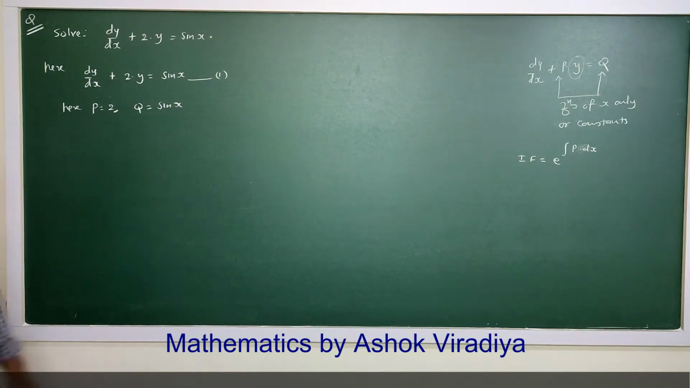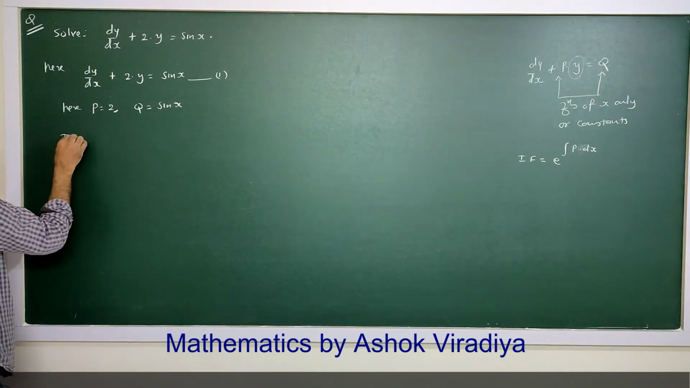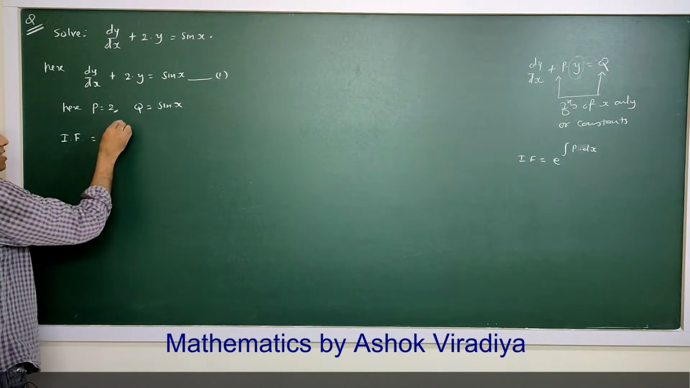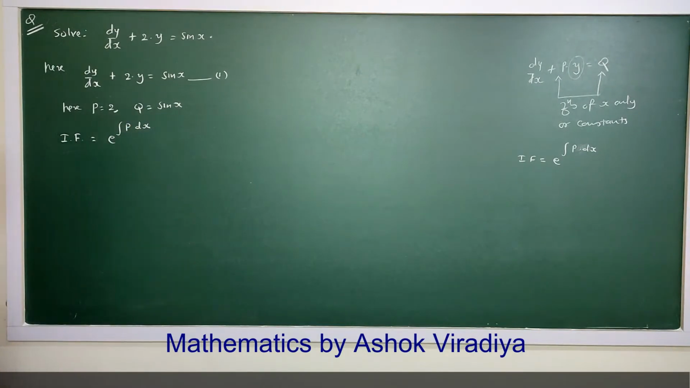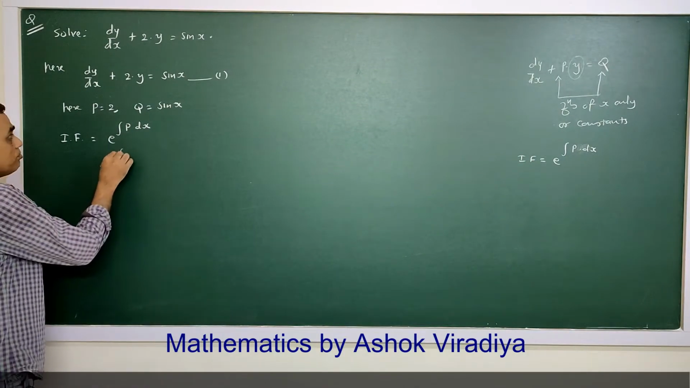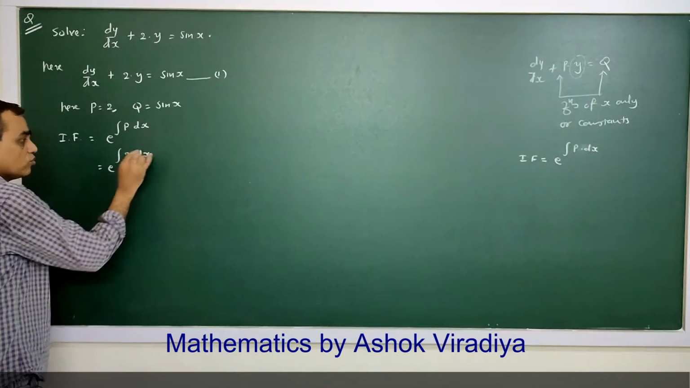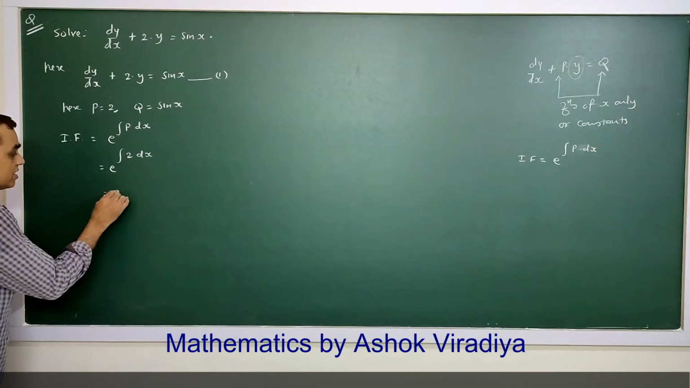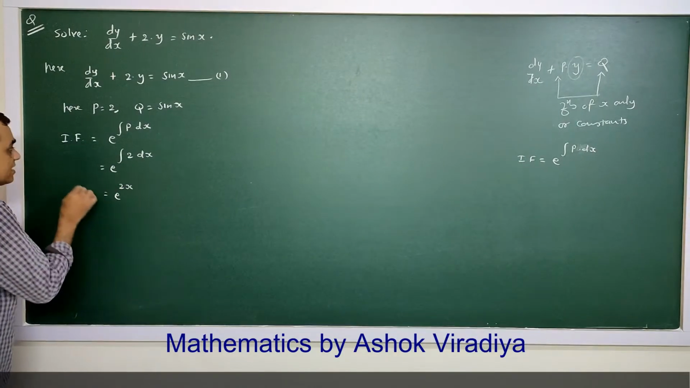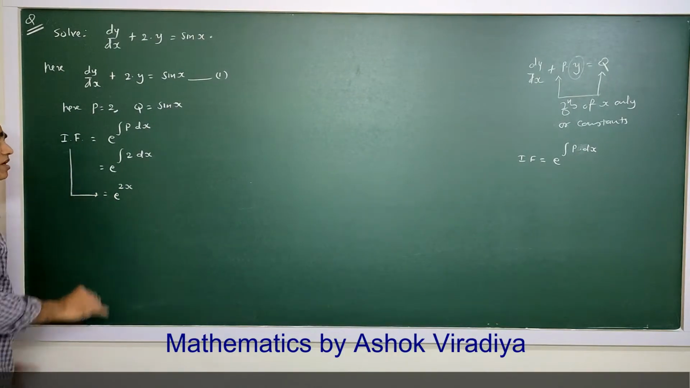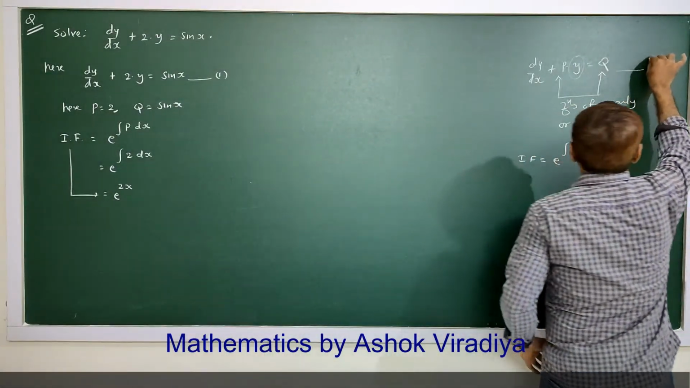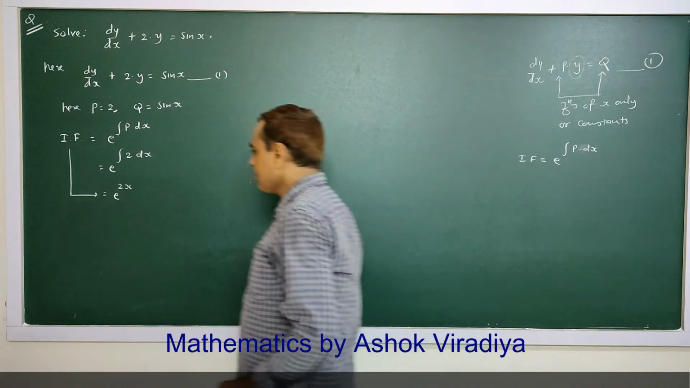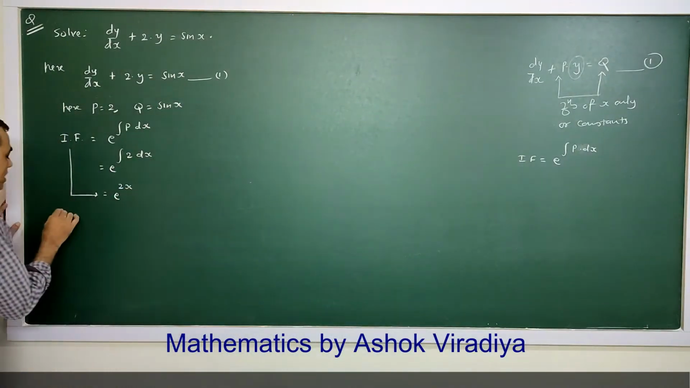So the integrating factor is e raised to integral of p dx. So it is e raised to integral of 2 dx, so this is e raised to 2x. Now we multiply equation 1 by the integrating factor. So multiplying equation 1